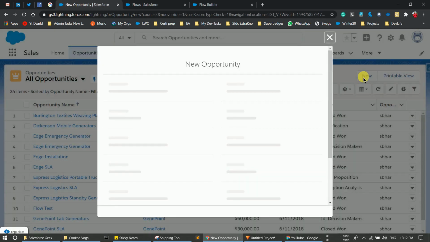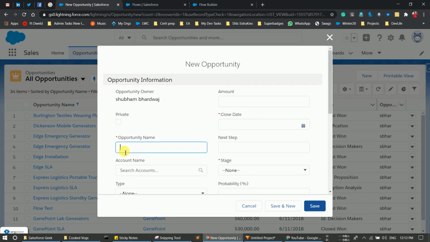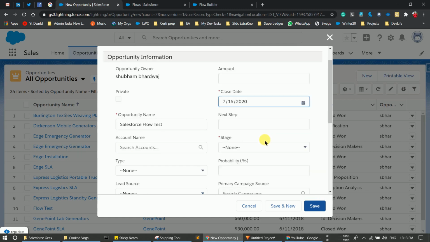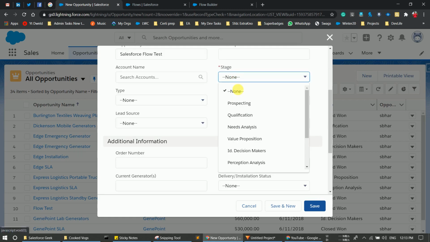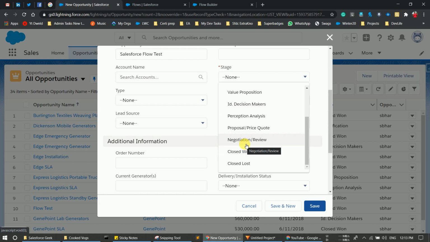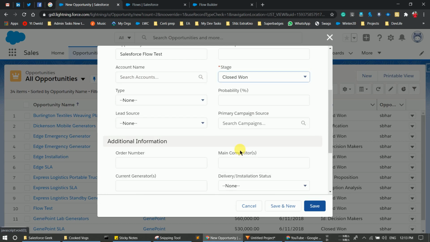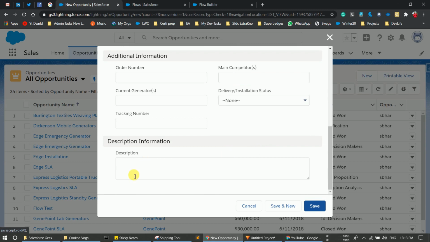Click on new and type the opportunity name, let's say Salesforce flow test. Type the close date, let's say the 15th, and type the stage. The flow will automatically trigger when the stage is closed won. As you see, I'm not providing any description, or let's provide a description, let's say Shubham Bharadwaj. That does not matter in the description. Save this record.